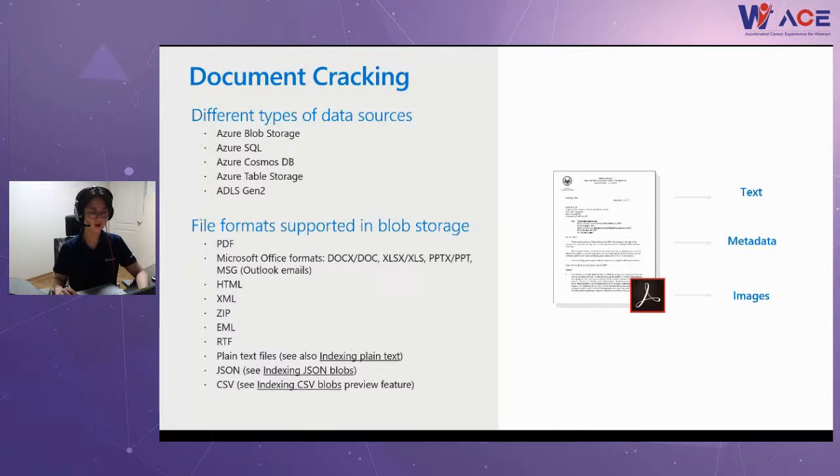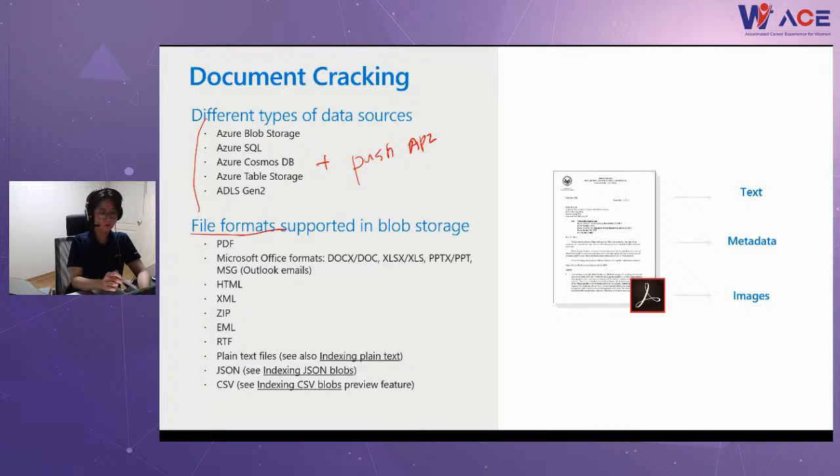So what kind of data source types does cognitive search support? Azure Blob Storage, Azure SQL, Azure Cosmos DB, Azure Table, all are in Azure Storage. But what if you wanted to index and add data on-premise? Or what if you wanted to add data which is not listed here? Then you can use the Push API, so you can push your data into the index from your site.